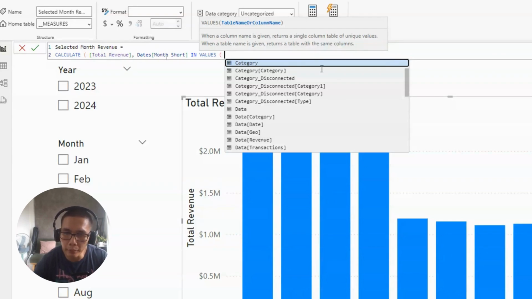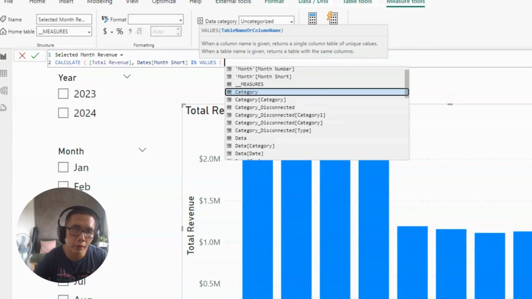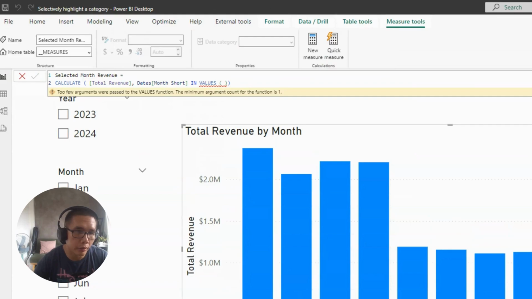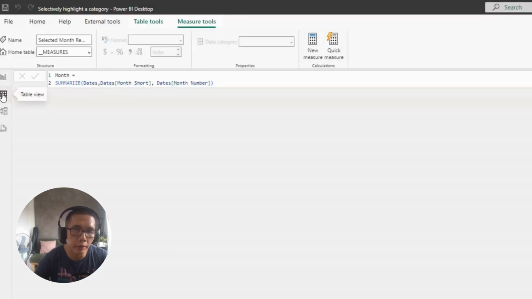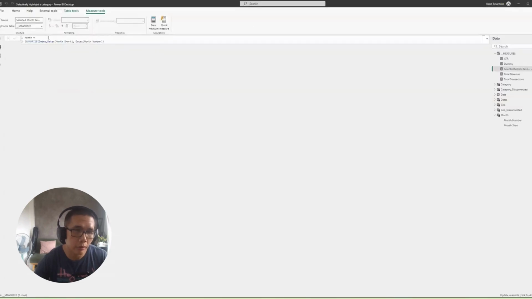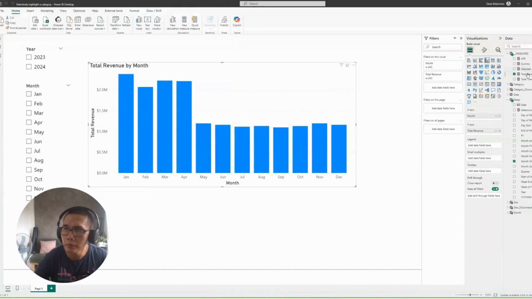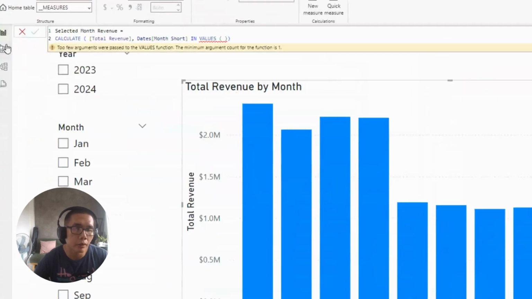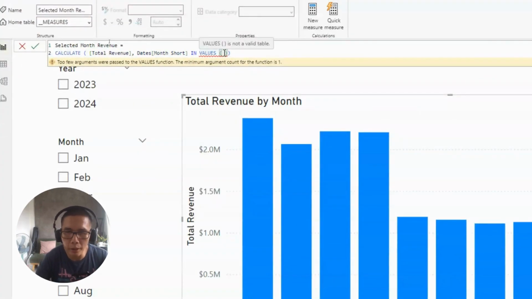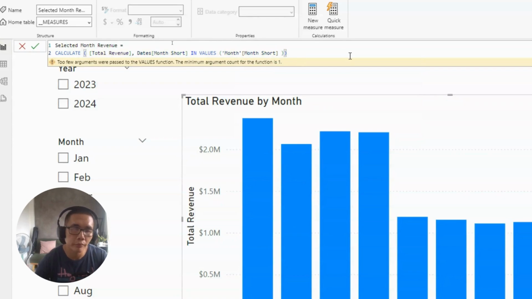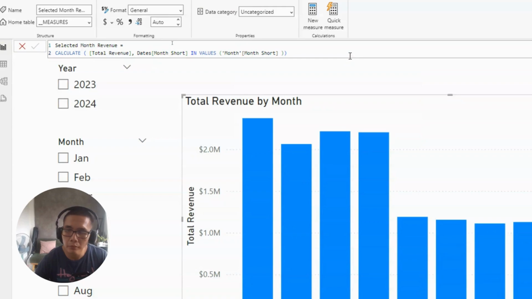I forgot the name of that calculated table. It's not visible. Yes, Month. And this will be simple: Month Short. Now, what we need to do